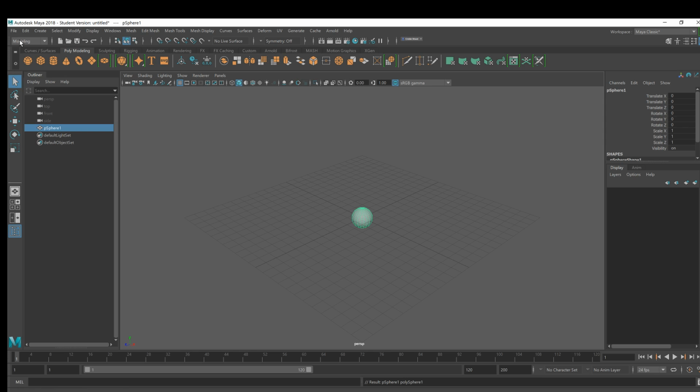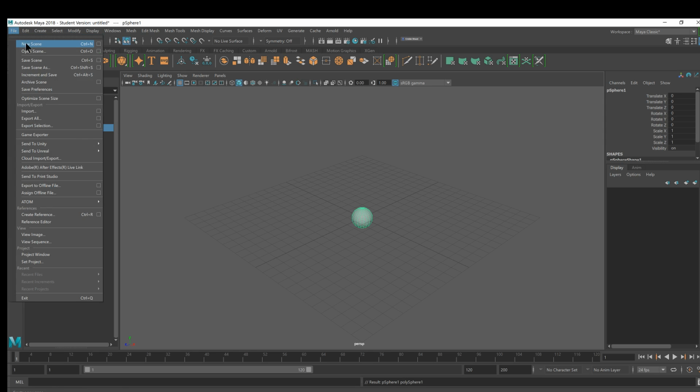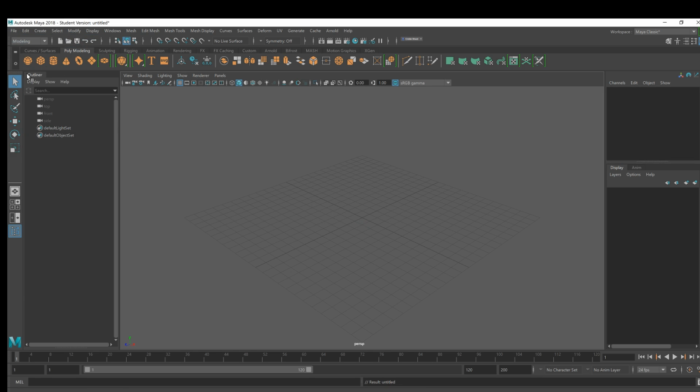So I'm going to go ahead and again create a scene. And then I'm going to be creating three different polygonal shapes. I have my polygonal plane, and some of the hotkeys to go with this to make it easier for me to transform it, move it, rotate, and such, rather than necessarily coming over here and clicking any